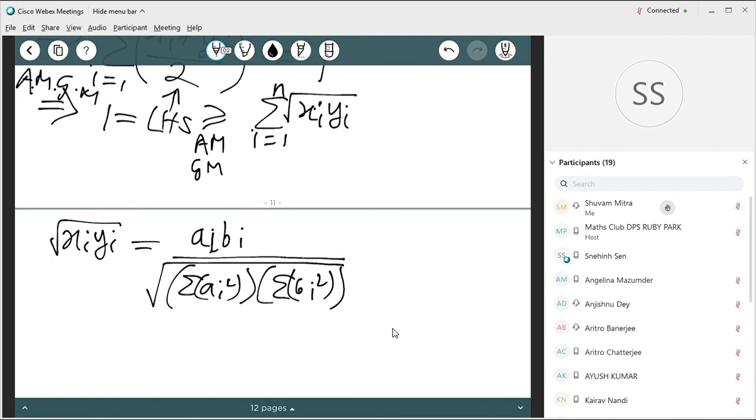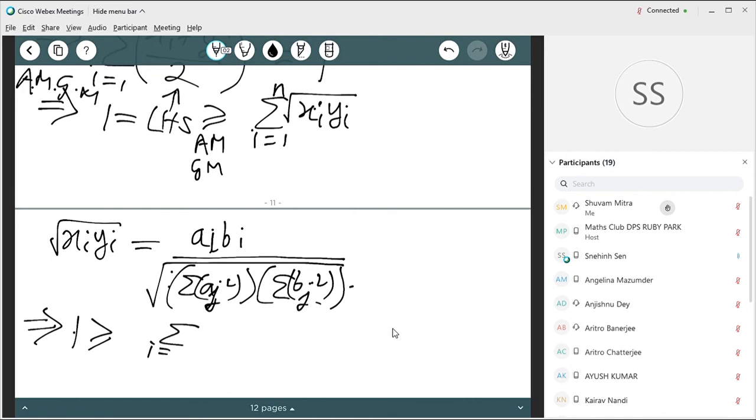So I'm moving to the next step. So this implies 1 is greater than or equal to... Now, because this factor is a constant for each i, the sum of all, I'll use aj instead because there is an i above. So I'll write it as aj and bj, sum of aj whole squared and sum of bj whole squared, just not to confuse you guys. And 1 is greater than or equal to